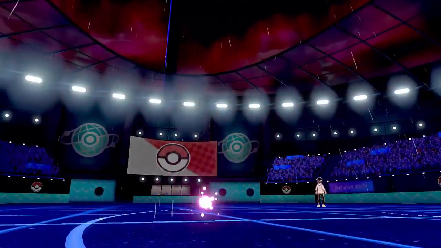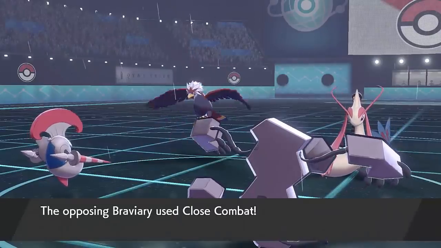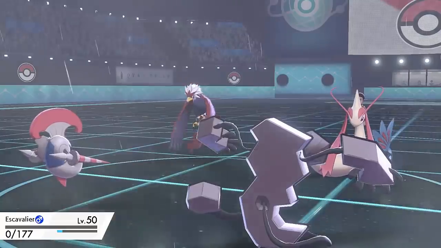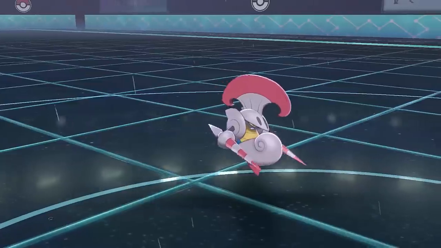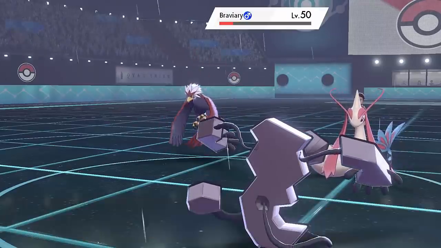What's cool about this team though is we've got a U-turn Cinderace, so we've still got a Libero Cinderace in the back, which is always a threat. So that's really nice about this team, that it's not just random support Pokemon to make something work, it's actually really good Pokemon. So Close Combat comes out, +2 attack, that's definitely going to take out Steel type Escavalier,